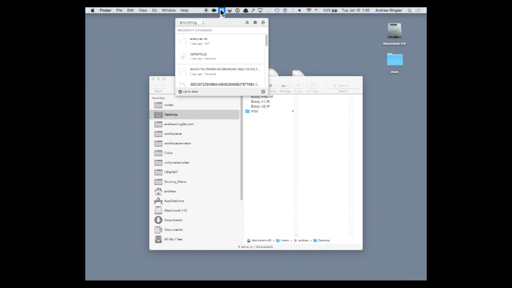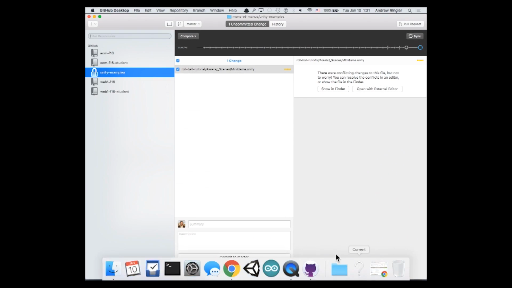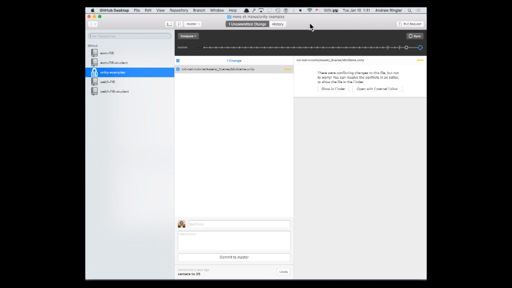It has a little program that runs continuously. What it does is take a folder on your hard disk, and any file you put in it, Dropbox will upload to the cloud. If you have Dropbox on two computers, it'll automatically sync them, so you can have two folders look the same. GitHub Desktop is very similar to that,